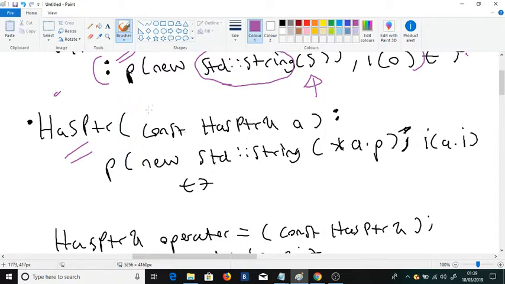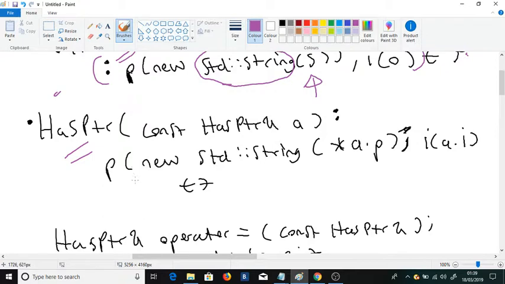And the parameter is a constant reference to a HasPtr object called A, which means that if we supply an object of type HasPtr in the context of construction of objects of type HasPtr, it will invoke this particular implementation, and this implementation within the context of its initializer list